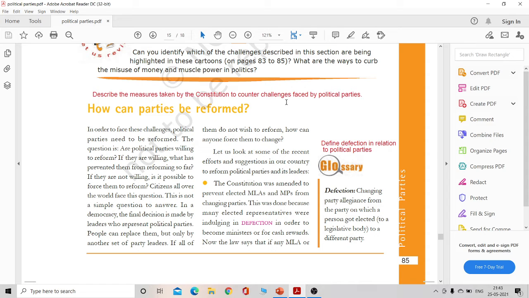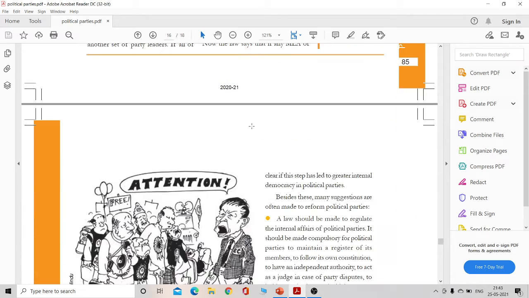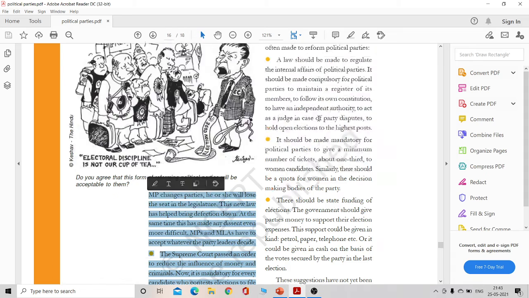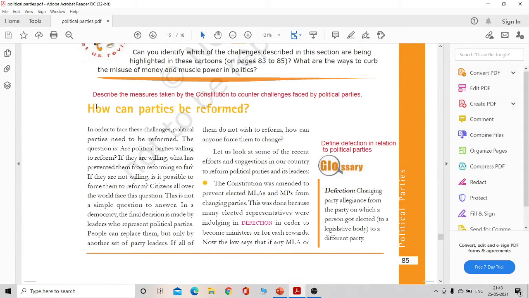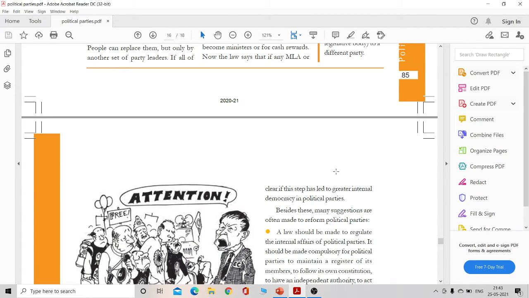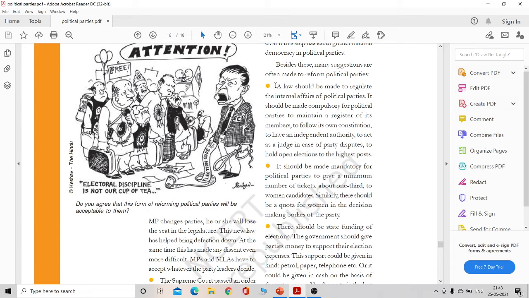You may also get a question: describe the measures taken to counter challenges faced by political parties. You may get a question where the constitution is not mentioned. So in this case, it's a broader question. If it asks for constitutional measures, then you have to mention only till this part, right? But if it's a general question and constitutional measures are not mentioned exactly, then you can again elaborate,